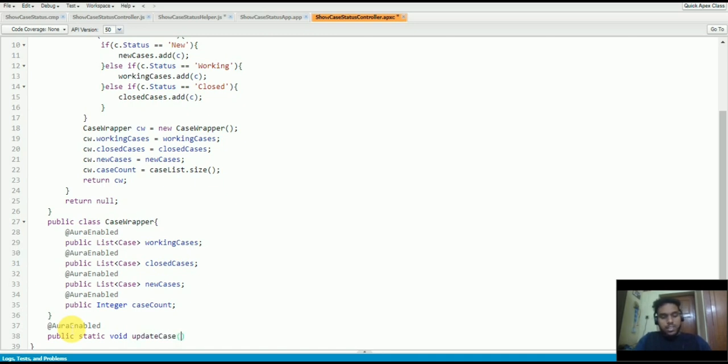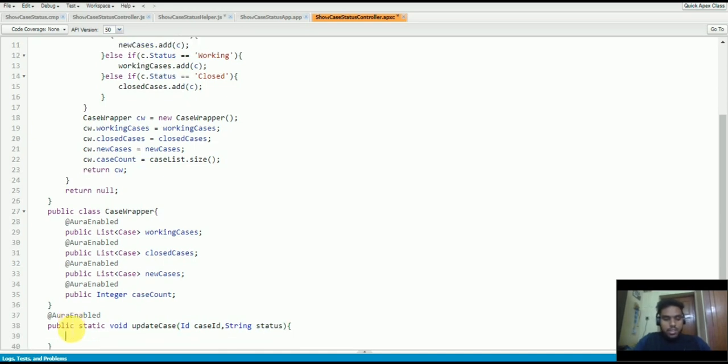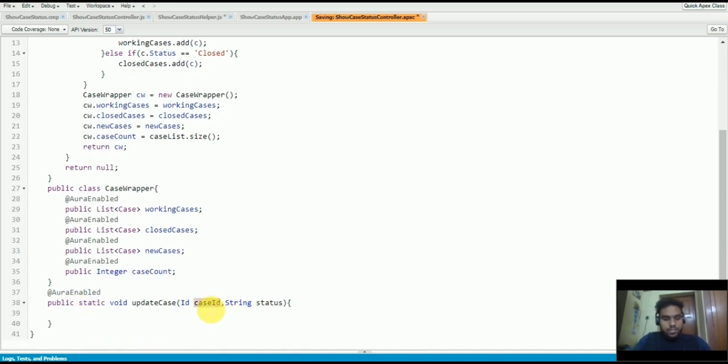One is the case ID and the other is a string data type called status. And here we have to update our case. So we can do one thing here. I'll just create a case instance.